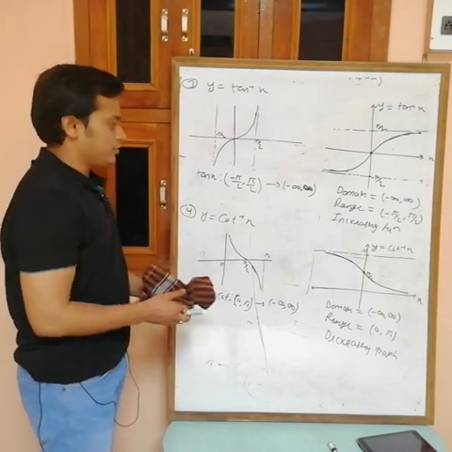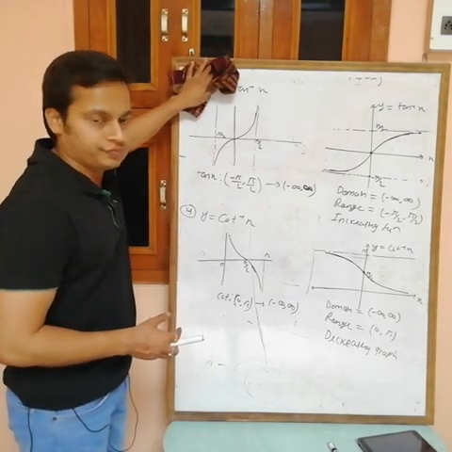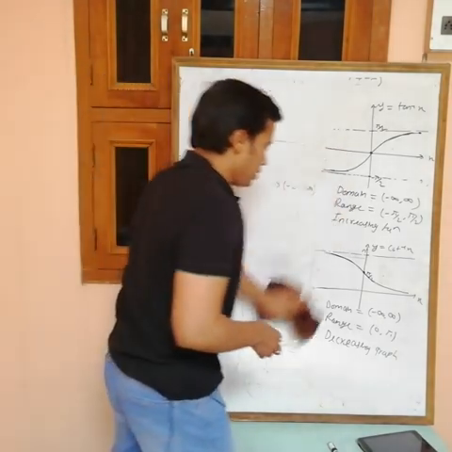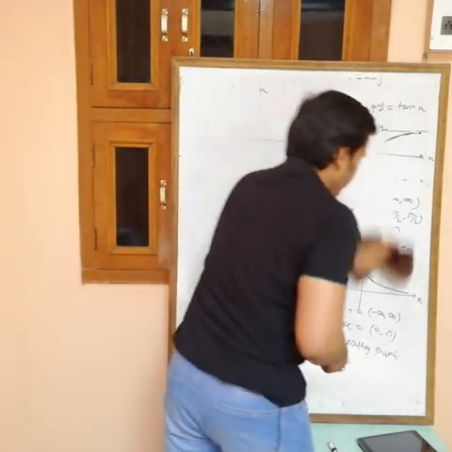Okay, write down like this. Now we have remaining sec inverse x and cosec inverse x. See,